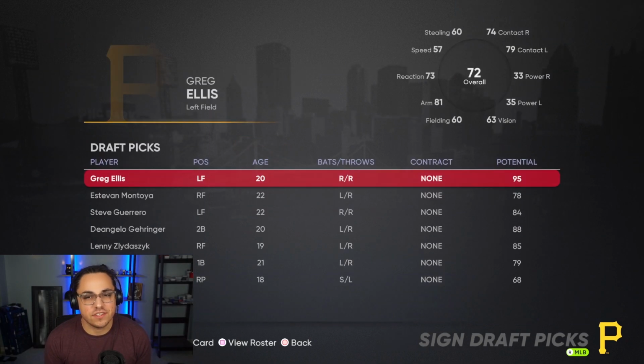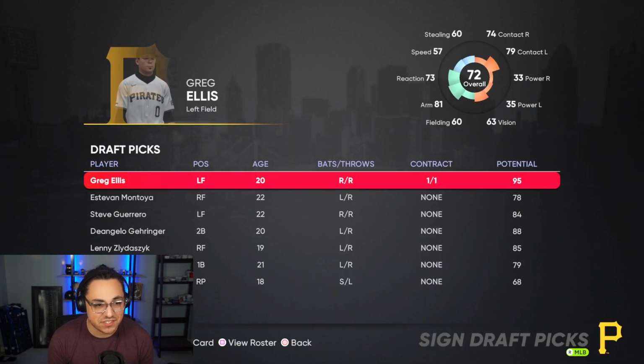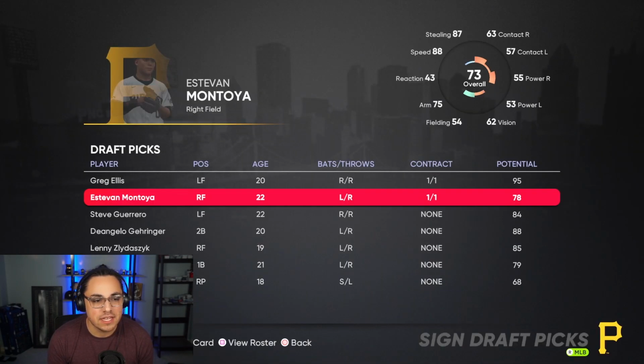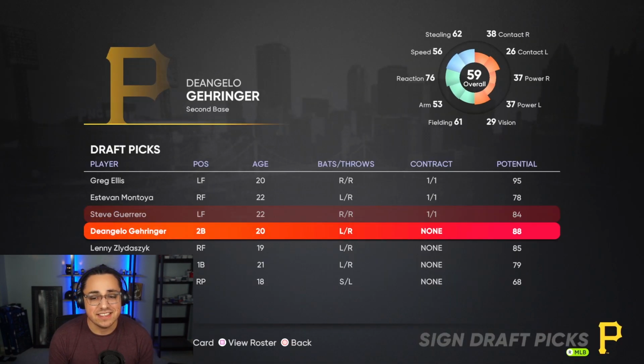Normally I wouldn't care about the draft in this one, but I got a really good pick. Greg Ellis. Good arm, decent speed, good hitting stats. Yes, please. Next up, we got Estevan Montoya. Only 78 potential, but still pretty decent. Next up, Steve Guerrero. Pretty good as well. I like what I'm seeing. Then 88 potential for